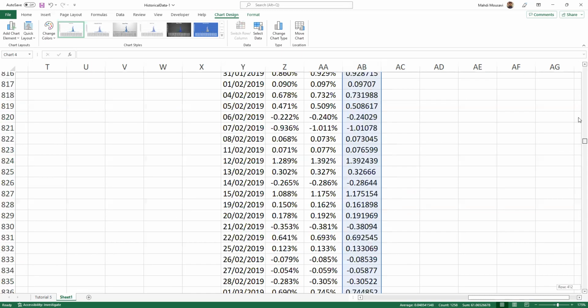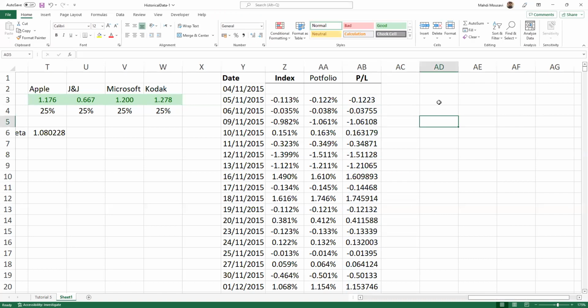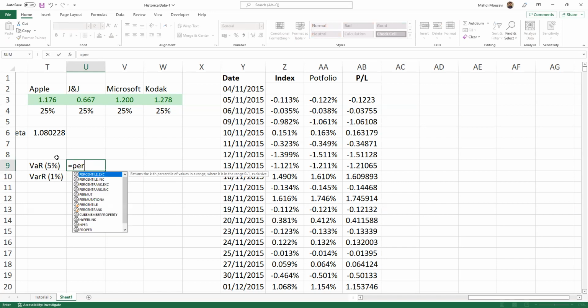So now, in the next step, we are interested in calculating the value at risk of this portfolio, taking into account the historical profit and loss. So what is the value at risk at the 5% and at the 1% significance level? In this case, we can use a function named percentile, and this function actually picks up the kth